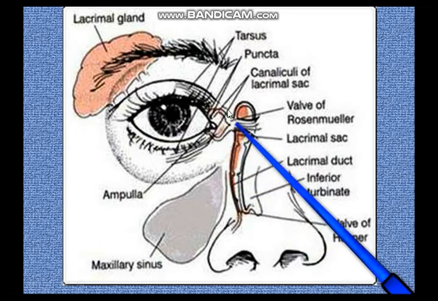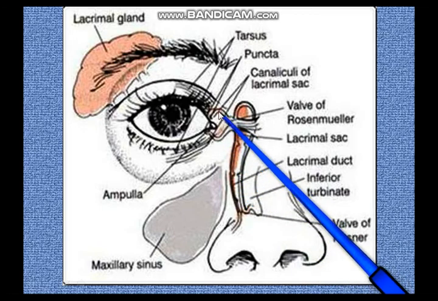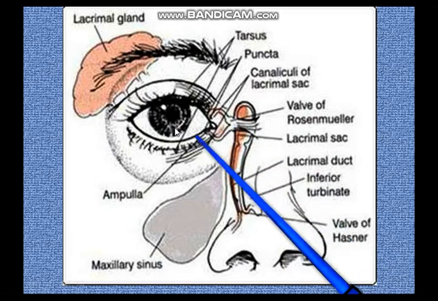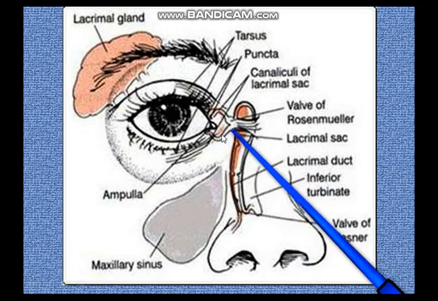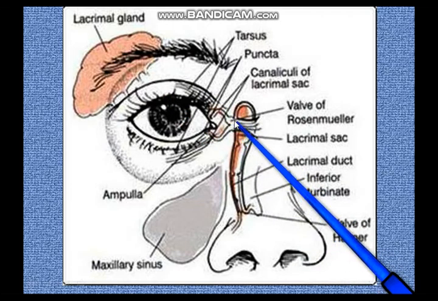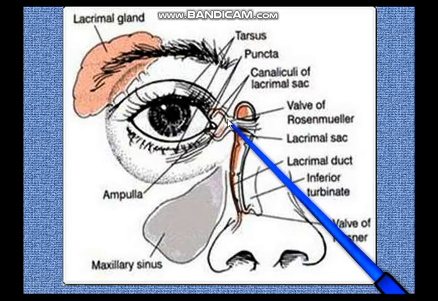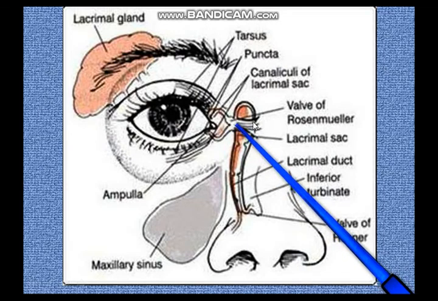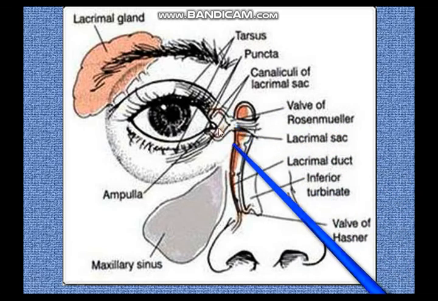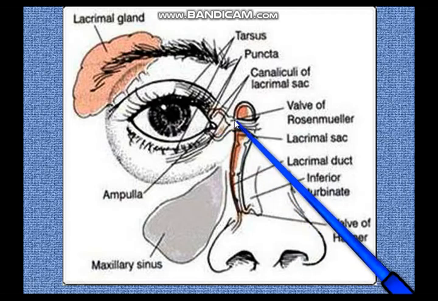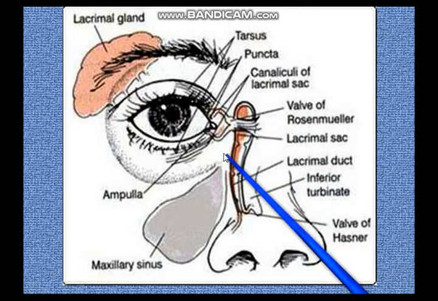In the common canaliculus, where the upper and lower lacrimal canaliculi meet to form a common channel, the fibers of the orbicularis oculi crisscross over these canaliculi, and they create a sort of pseudo sphincter or valve-like action. People do not have much consensus regarding this valve of Rosenmuller, but there is some sort of sphincteric action by the interlacing of the fibers of the orbicularis oculi.